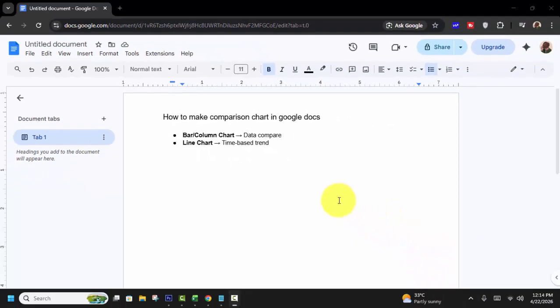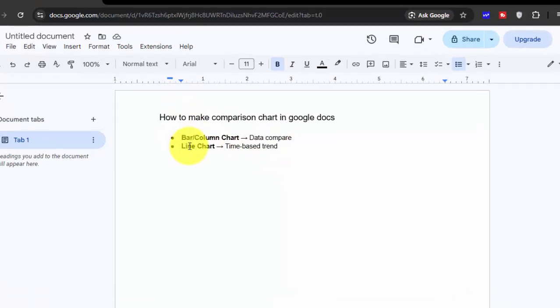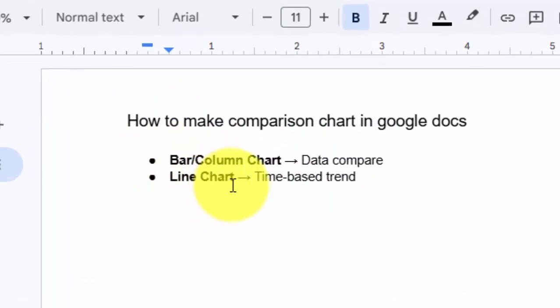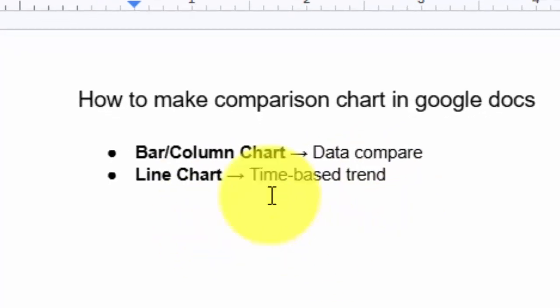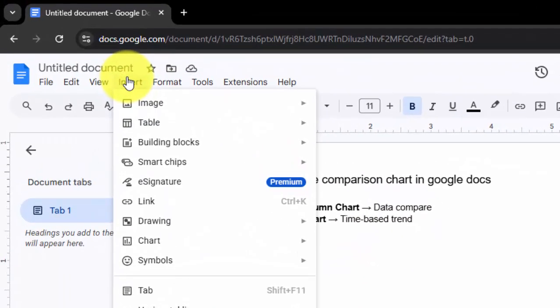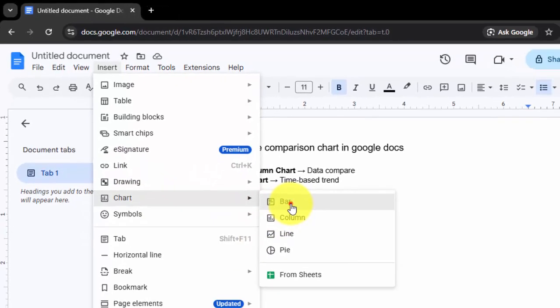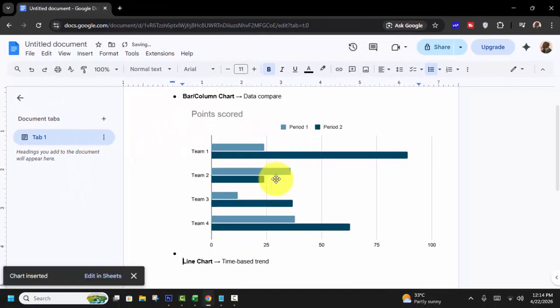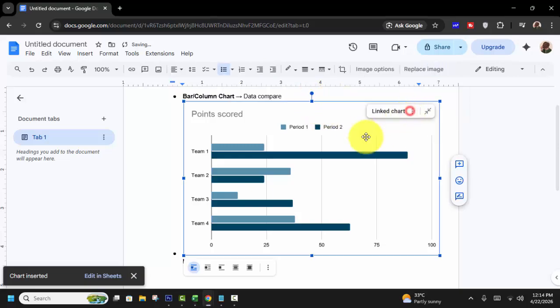So let's begin. First, open your Google Docs document. Use a bar or column chart for data comparison and a line chart for time-based trends. For example, go to the Insert tab, Chart, use a bar chart, then